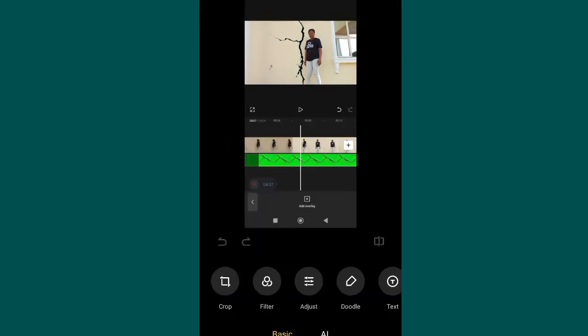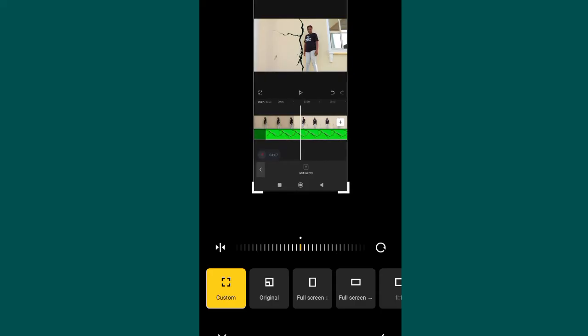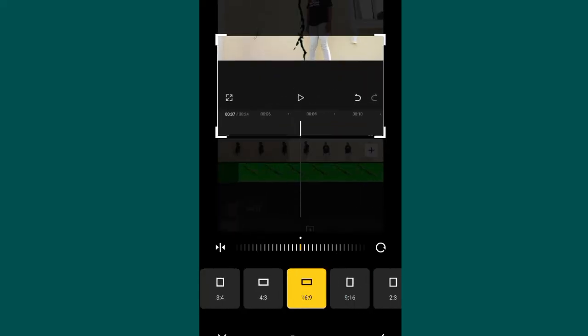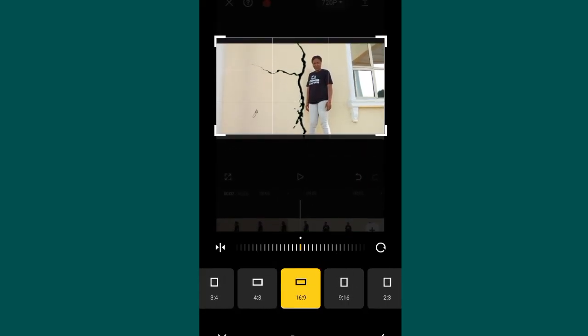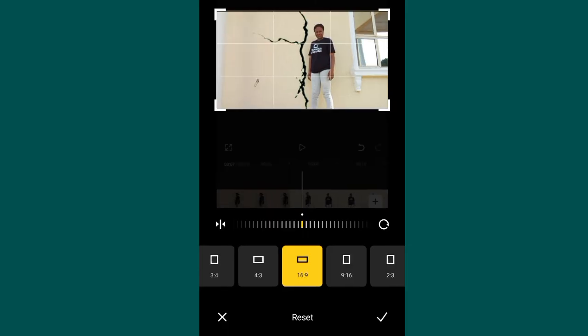This is 16:9, so I'll just crop it to 16:9. Guys, hope you are following. It's very easy. So this is it. I'll click on this check sign, click on save,